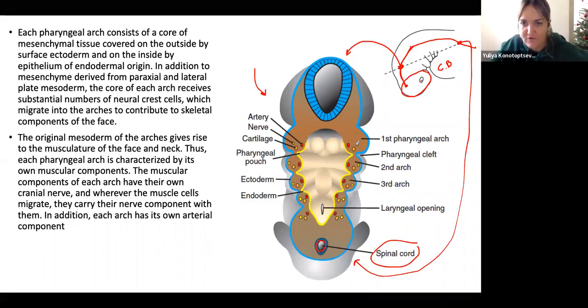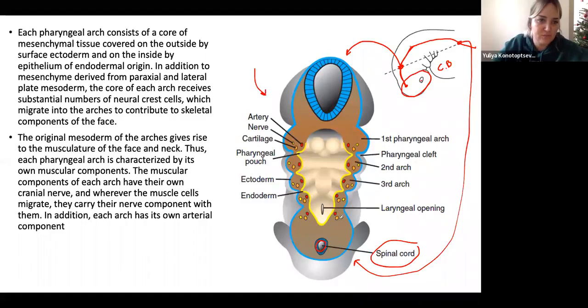So this is the first pharyngeal arch, right under it second, then third, then fourth, and then fifth. So you should know that originally we had 6 pharyngeal arches, but the fifth pharyngeal arch is rudimentary. It arises and immediately degenerates, immediately disappears. So how many arches do I have now? Well, 5. I had 6, 1 appears and disappears, so I have now 5. But what are their names? First, second, third, fourth, and sixth